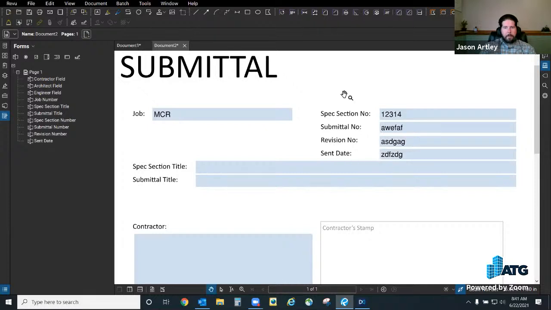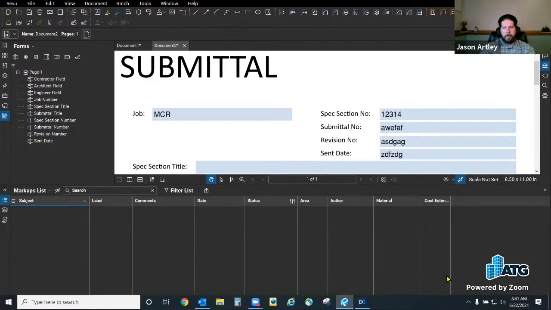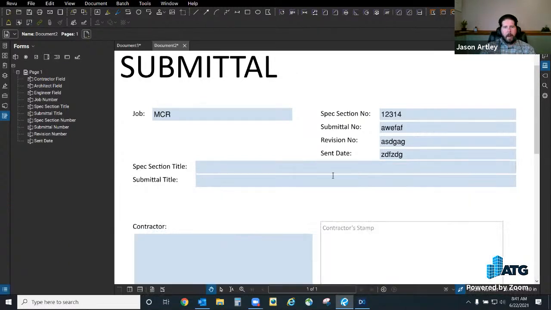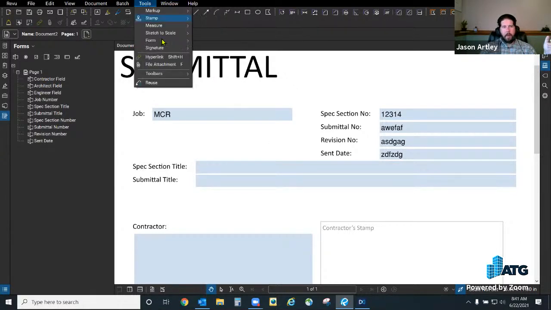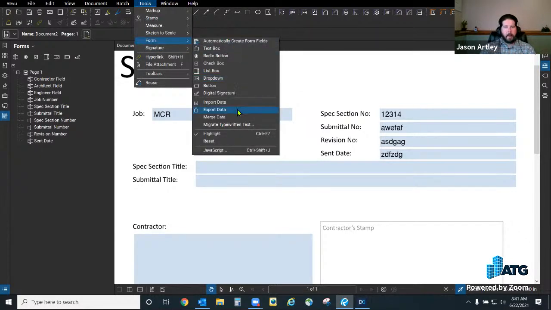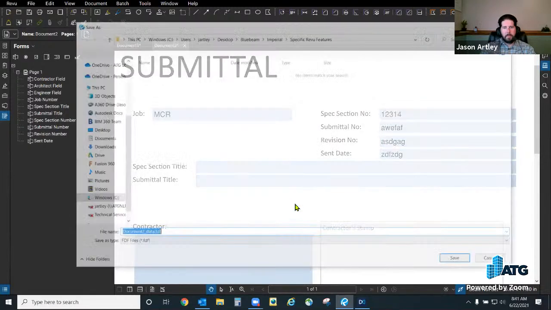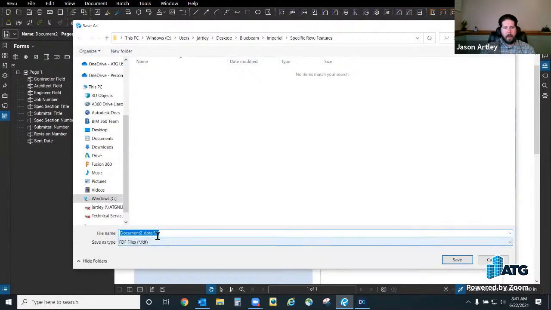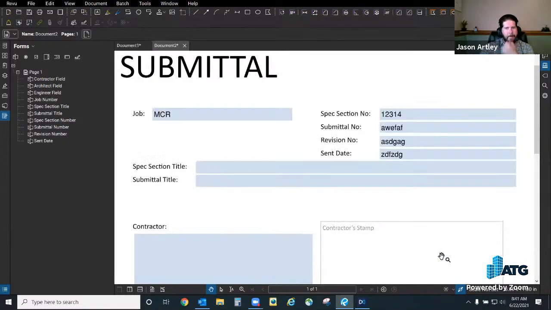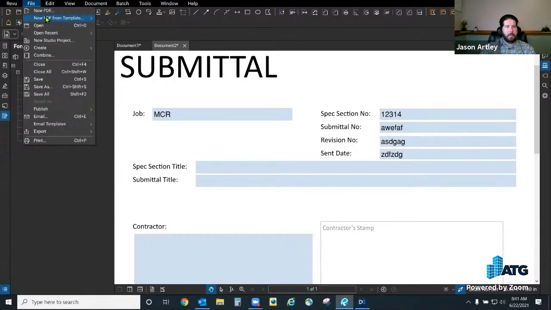What is going on with this data? Does this appear in the markup list? Nope. Nothing. However, what I can do is once this is done, I can go in and export some data. It will take that document data out into an FDF file, which should allow me to